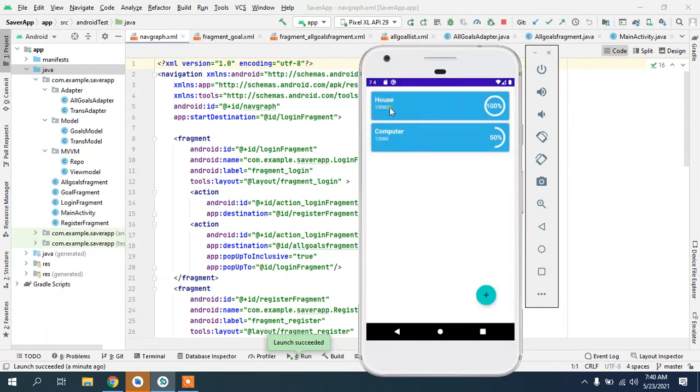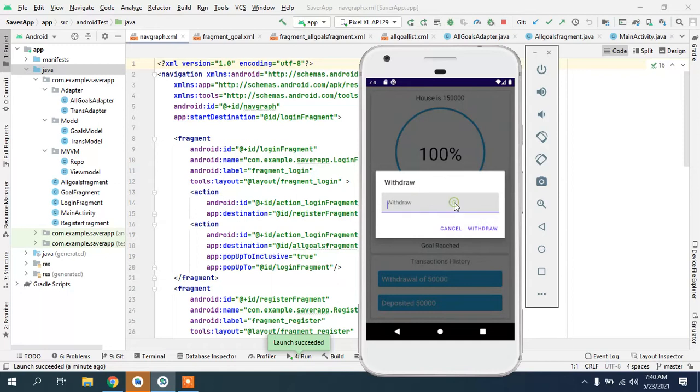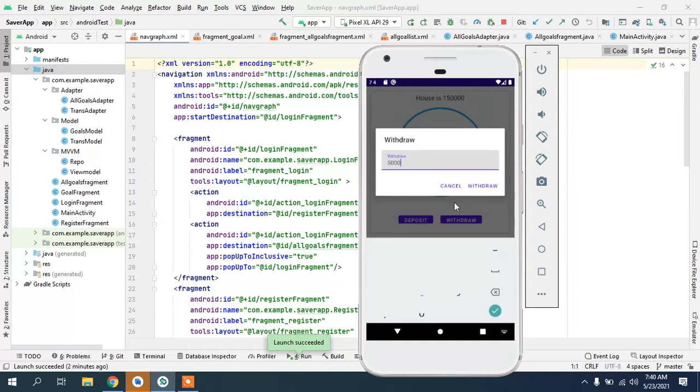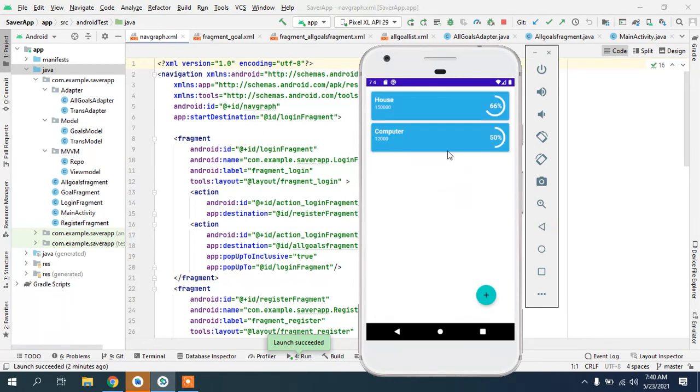And yeah, here you can deposit or withdraw. Right now the goal has been reached, so if we try to withdraw 50,000 from this, then it shows us the progress, and it also shows how much we withdrew, and the same goes for deposit. So this shows us the transaction history,